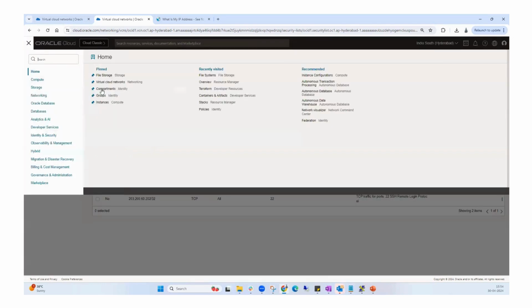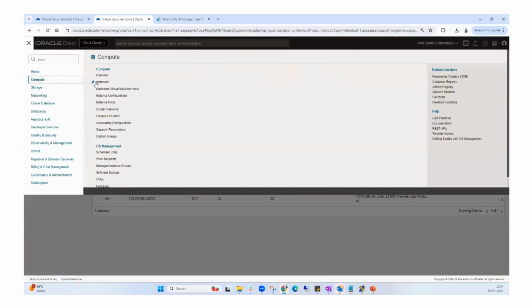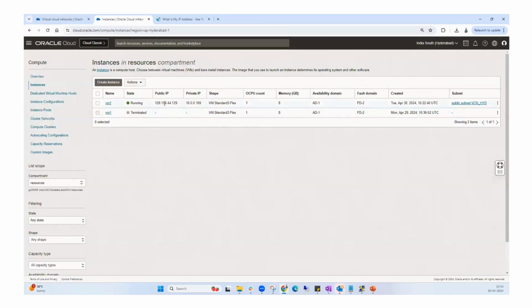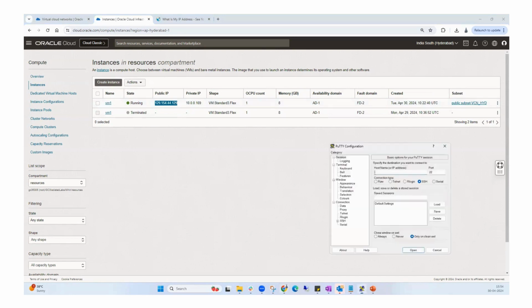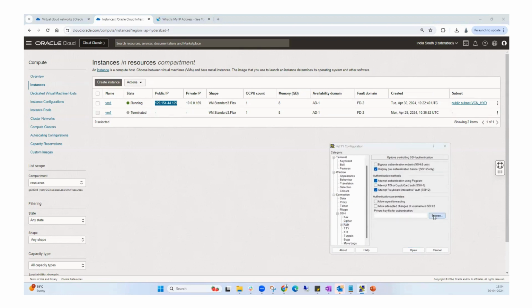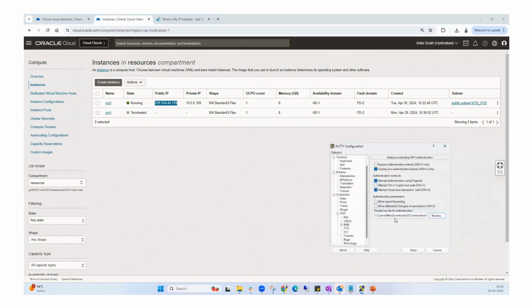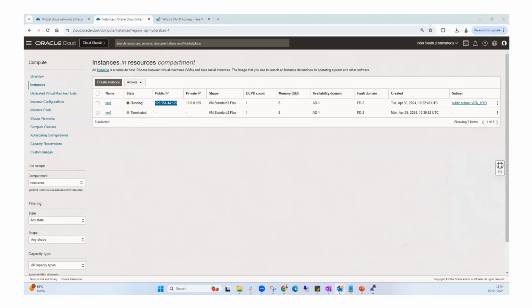So go back to the instance again, and then take the IP address of this machine, the public IP address, go to PuTTY, and then just paste the IP address, go to SSH authentication and browse your key, right? So for me, this is the key. So I'm just selecting it, open,